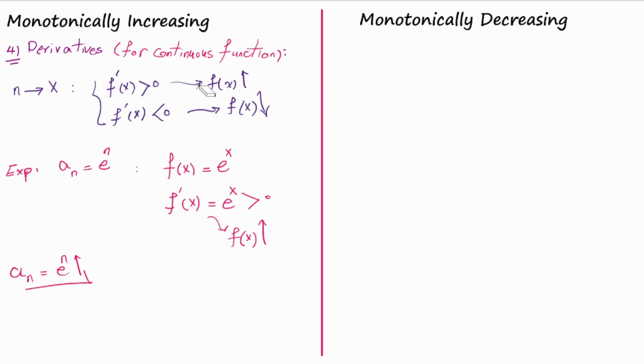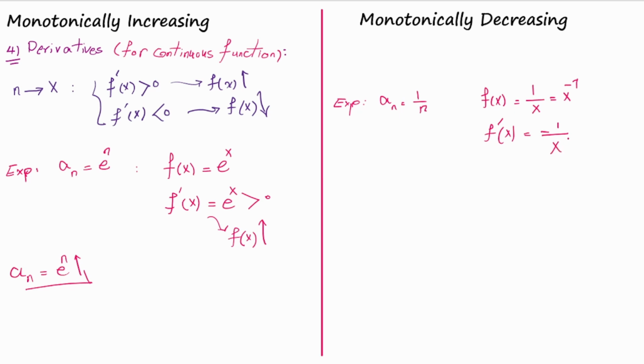Now let's define another example and take the derivative of the continuous function to show a monotonically decreasing sequence. Consider the sequence a sub n equal to 1 over n. The continuous function form for this sequence is f of x equal to 1 over x, which I can write in the form of x to the power of -1. If I take the derivative of this function, I have -1